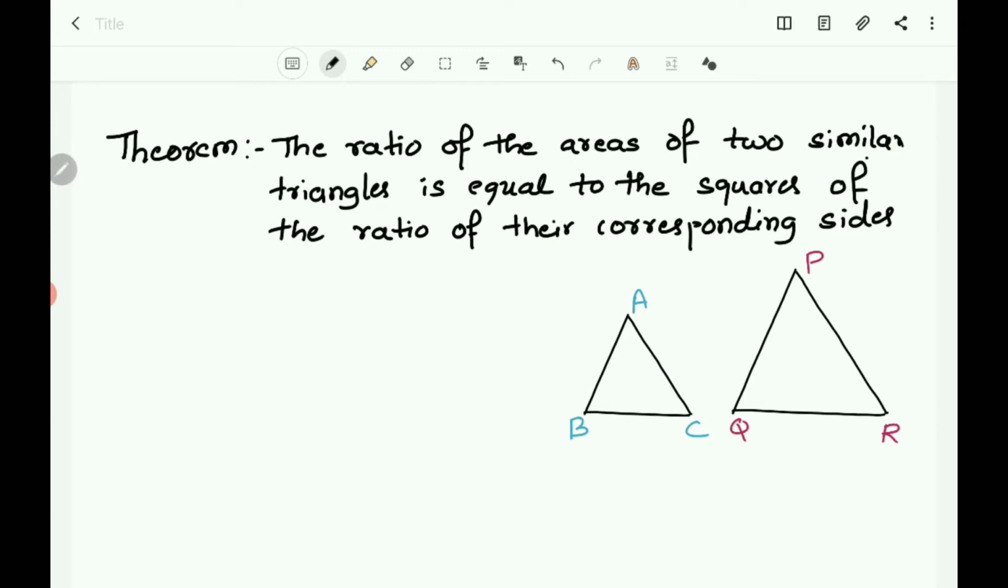Now here, take two triangles which are similar, and similar means you know that their corresponding sides are in the same ratio. Now to prove this theorem, what is given here? It is given that triangle ABC and triangle PQR are similar triangles. We are given two triangles ABC and PQR